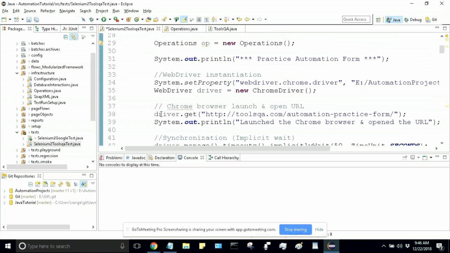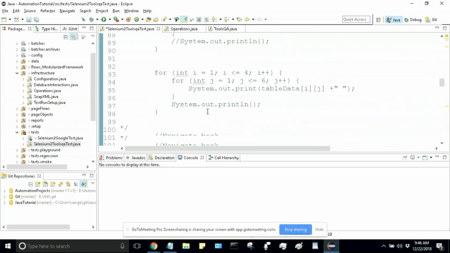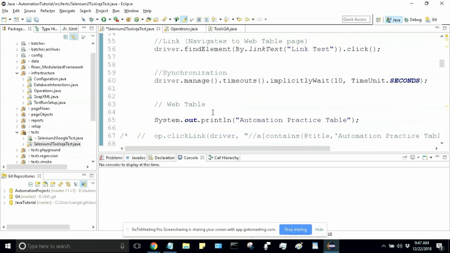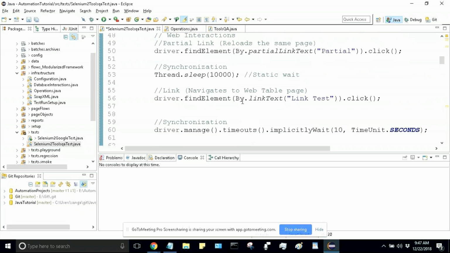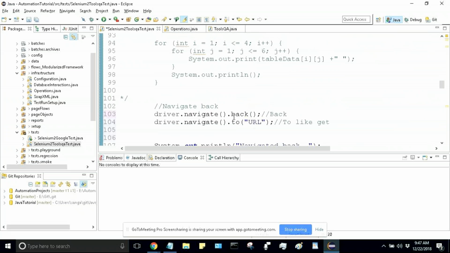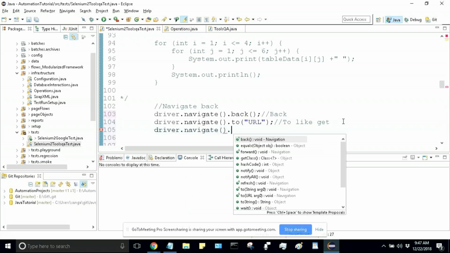We used driver.get and mentioned the URL. This will open the browser and launch the URL, right? But in the middle of the code, if you want to go to a different URL, then the best route would be to use driver.navigate.to. You can always use driver.navigate.to to your desired URL, or go back using driver.navigate dot